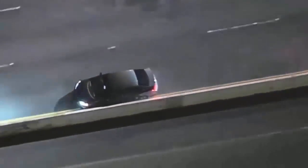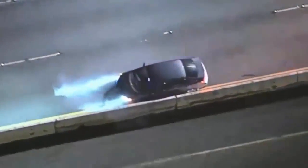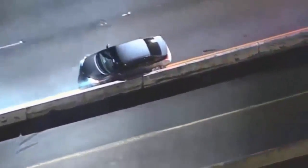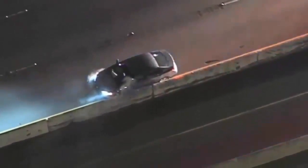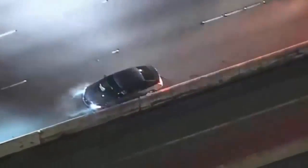Oh, look at this. He's going to hit the center divider, hits the center divider. This is going to come to an end right here. It's all over. He lost control of the vehicle. Those tires said enough's enough. And now the driver's pinned there against the K-rail, the center divider of the freeway. And his only exit point is going to be out either a window or the passenger side of the vehicle,